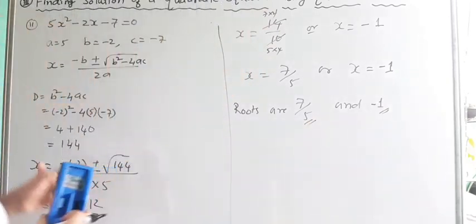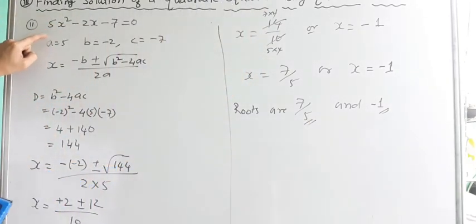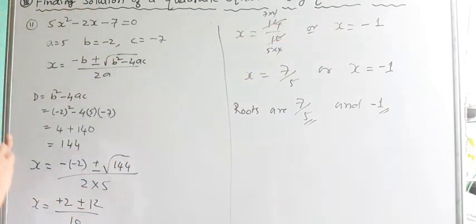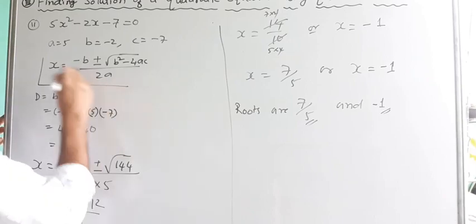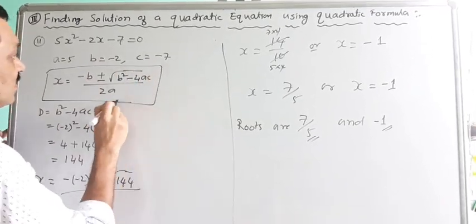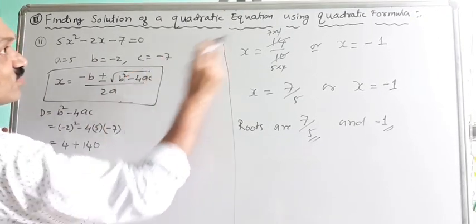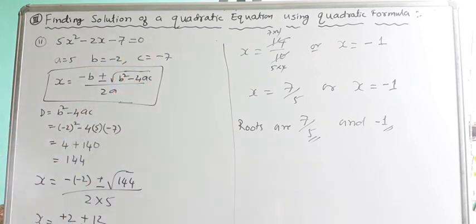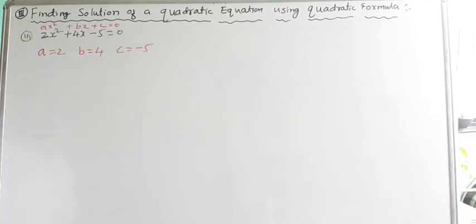So this is a very easy method. What we have to do is just identify the values of a, b and c and substitute them in the formula. That's why it is called the quadratic formula method. This is a formula which we should know by heart. Just learn it, and once a problem comes with the formula method, you write the formula, substitute the values and simplify. Okay, we'll solve one more problem.